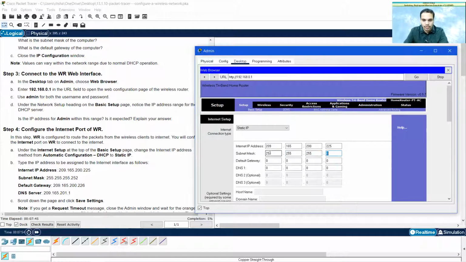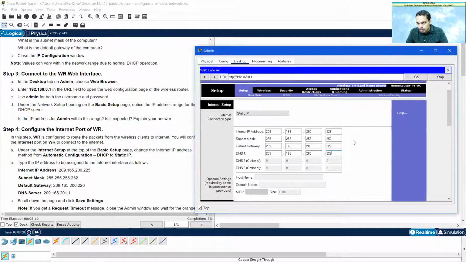The subnet mask is 255.255.255.252, and the default gateway is 209.165.200.226. The DNS server mentioned here is also 209.165.200.226. These are the options that are given.